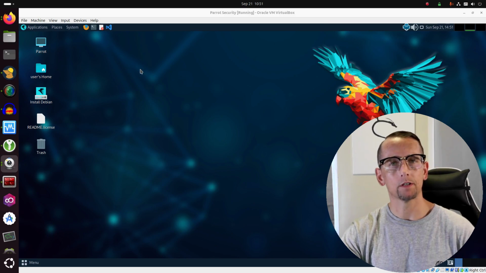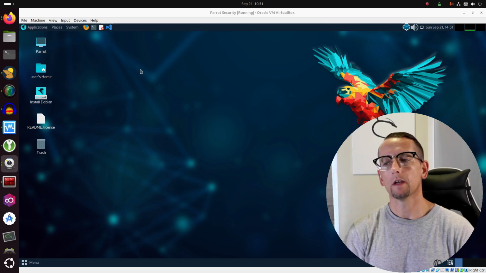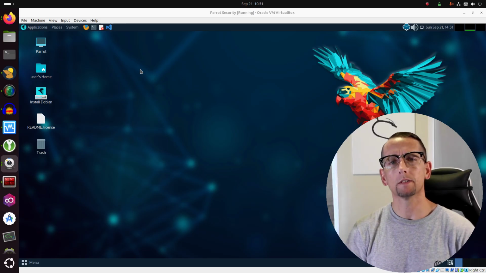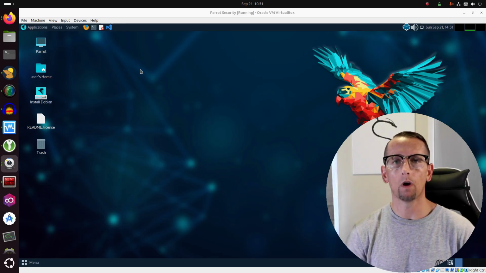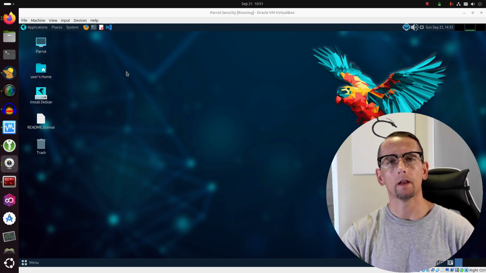I have to mention, since we are looking at Parrot OS, while I am running this inside of VirtualBox, I have been known to also run Parrot OS on a USB stick, as the same with Kali Linux. I love to run Linux operating systems off of USB sticks, and if you are interested in doing the same,